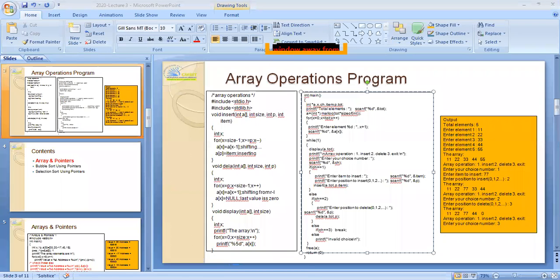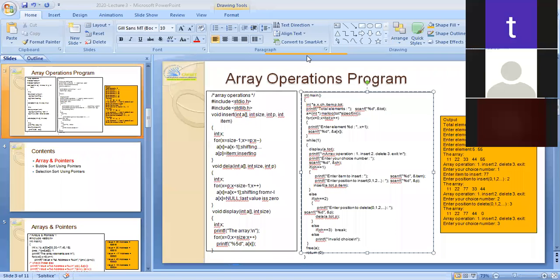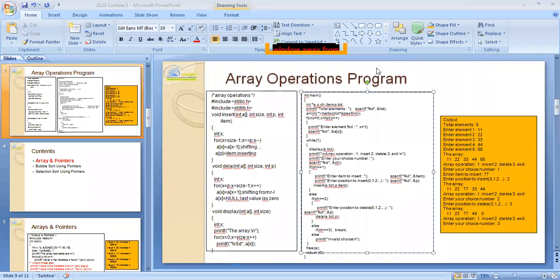Understood? So understood the program. Understood? Anybody? Kindly reply. Understood this particular program?